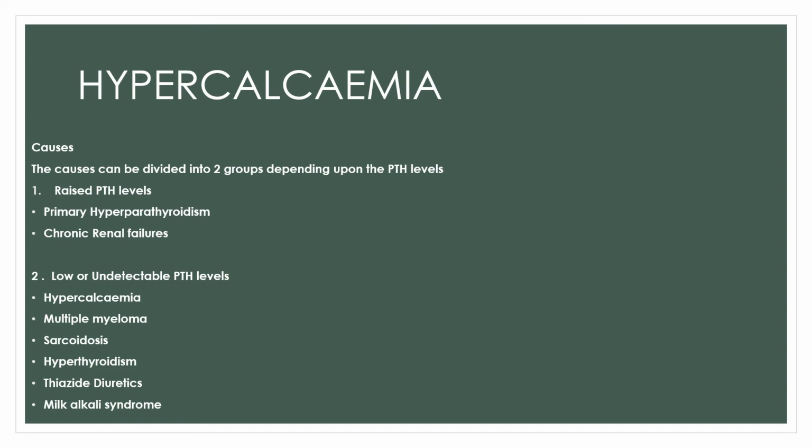So these are the conditions where hypercalcemia is present, but the parathormone level is undetectable. So the hypercalcemia is not due to excess secretion of parathormone, but due to another cause which is causing hypercalcemia without an increase in the parathormone level. Understand? So there is hypercalcemia of malignancy where the parathormone has no role. Multiple myeloma is another malignant condition where the parathormone has no role.